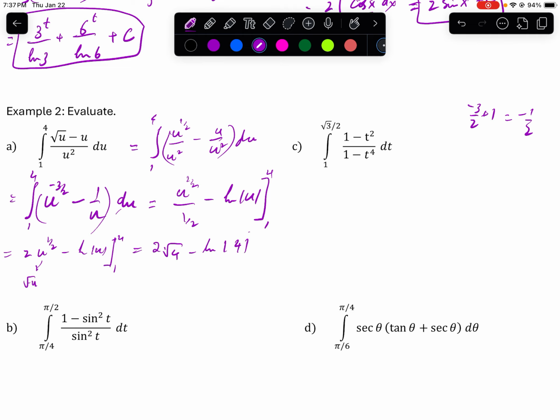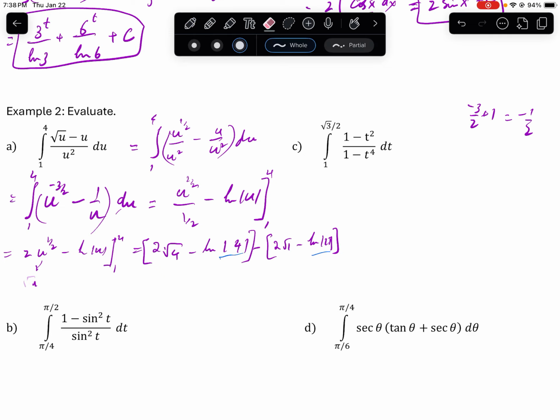So this is the upper limit minus the lower limit. What is the lower limit? It's 1. So I get 2 times square root of 1 minus ln of the absolute value of 1. Now note here, we don't need the absolute value in here for what we plugged in, because the absolute value of 4 is 4, and the absolute value of 1 is 1. So applying the condition, so I get,